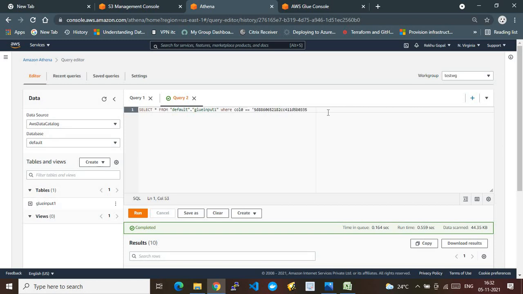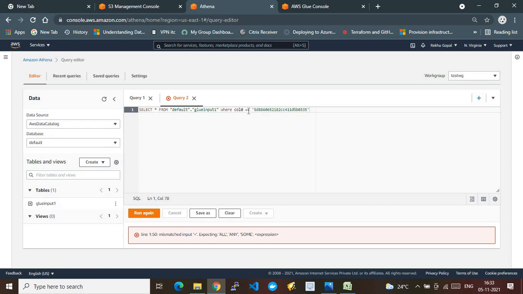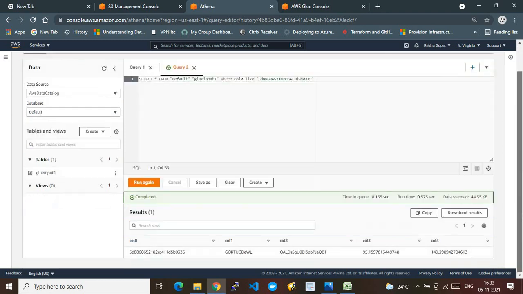Let me run this query. So the expression is wrong. Let me use the word LIKE, which is a SQL query command. It will just retrieve the row. Here you go, right? It has returned the row successfully. Earlier we were running top 10, and now we were able to extract the particular row from the database.